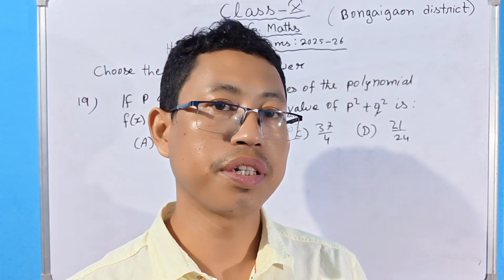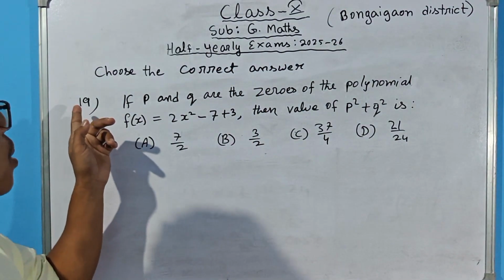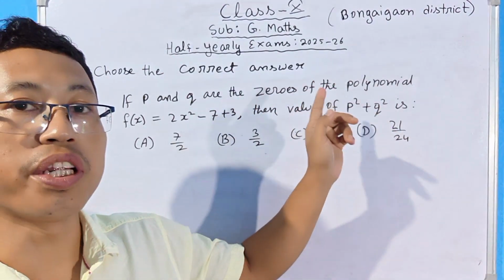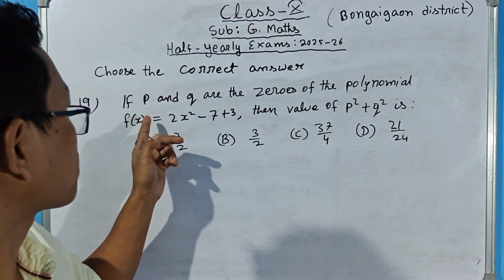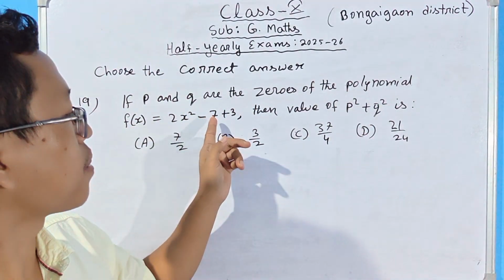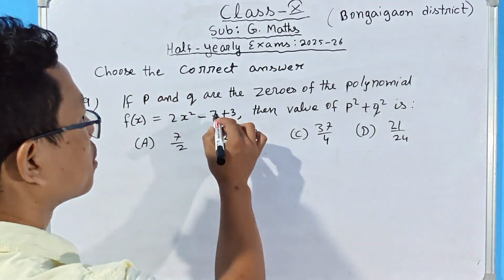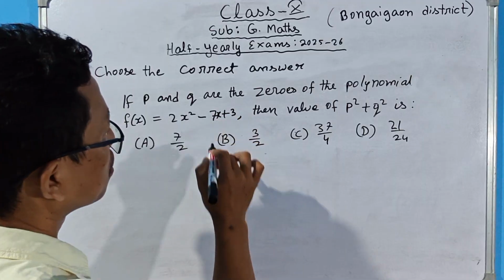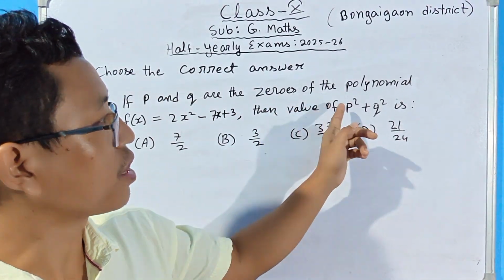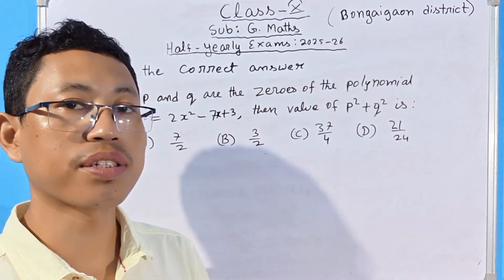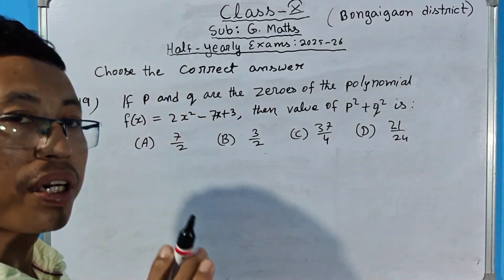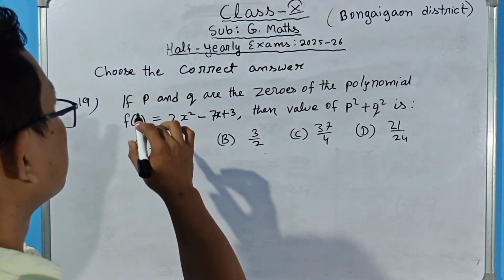Question number 19, here we have, if P and Q are the zeros of the polynomial f(x) equals 2x squared minus 7x plus 3, then find the value of P squared plus Q squared. We know P and Q are the zeros. Clear? So let's do